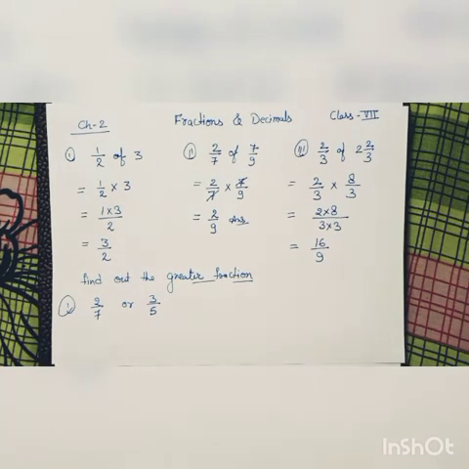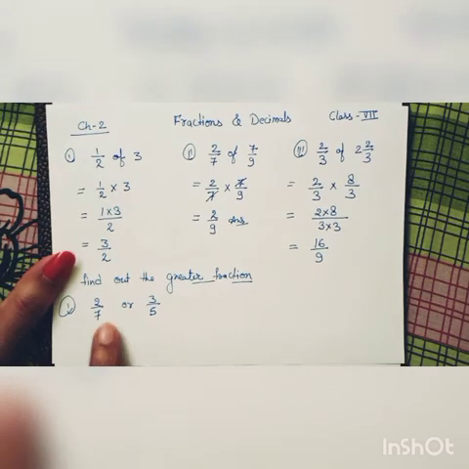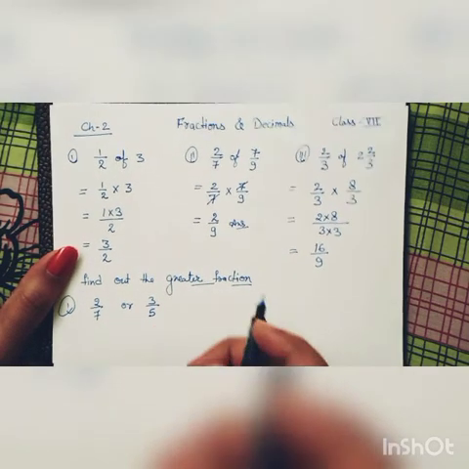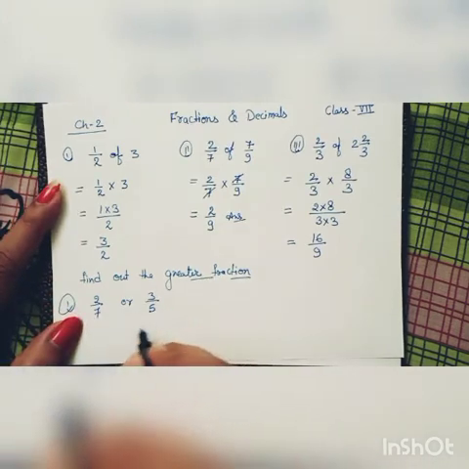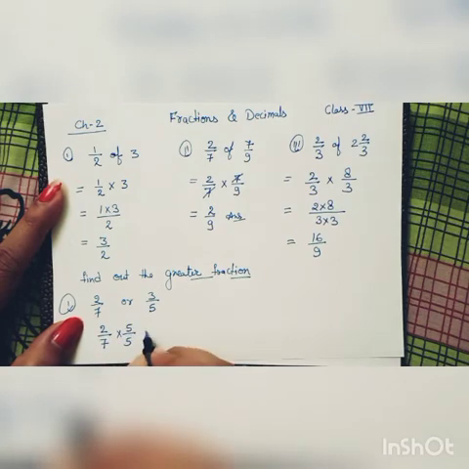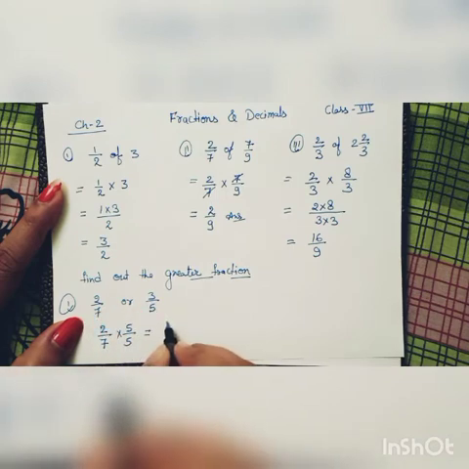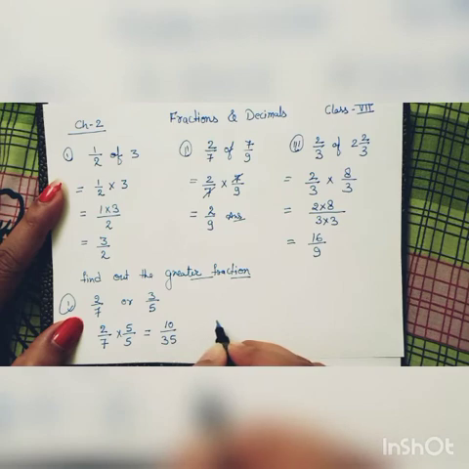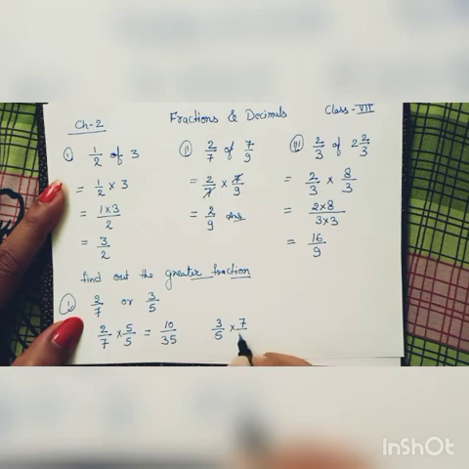How can we compare these two if the denominators are not equal? The first thing we have to do is to equalize both the denominator values. So for this, 2 divided by 7 can be multiplied by 5 and 5. In numerator and denominator you will multiply by the cross, opposite numbers. So here we have 2 into 5 is 10 and 7 into 5 is 35. For the other, 3 by 5, we will multiply it by 7 and 7. Again we have the same denominator, which is 35, and the numerator will be 21.